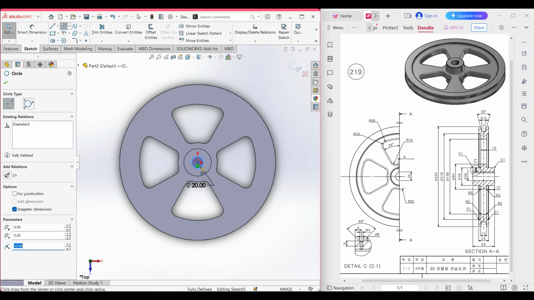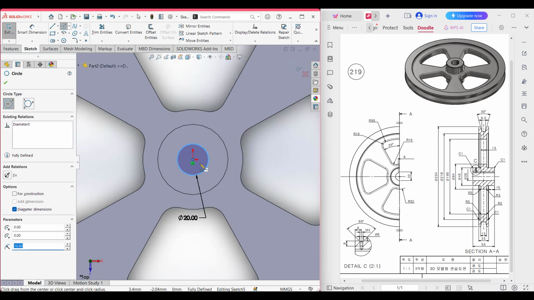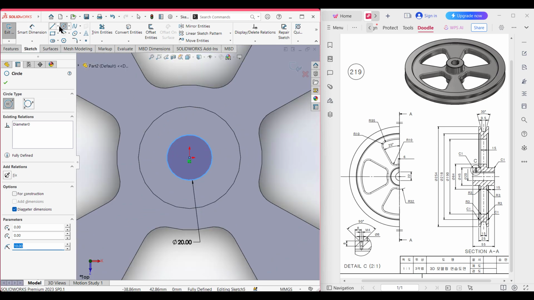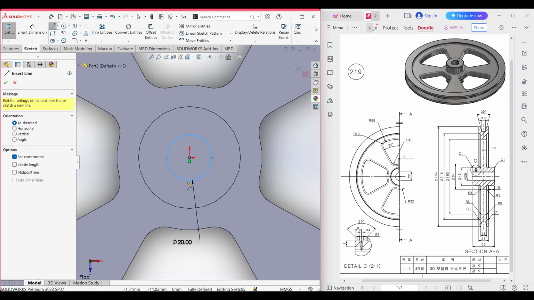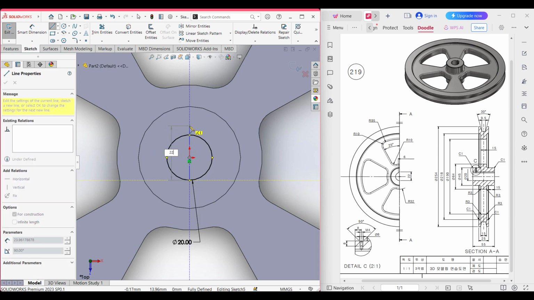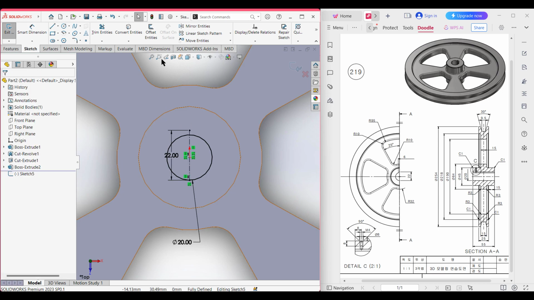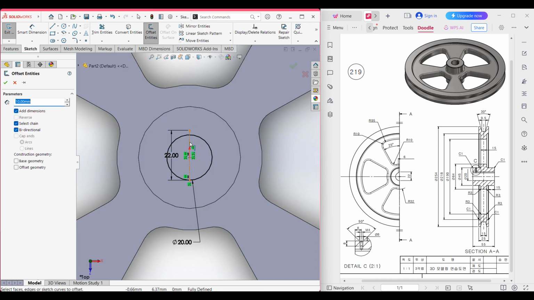Okay, let me zoom it here. Now select the center line, and it has a total distance for key of 22 units. So the key distance is 22 units. Now select the offset increase and select this center line. As the total offset is 6, the half distance will be 6 divided by 2, so it will be 3